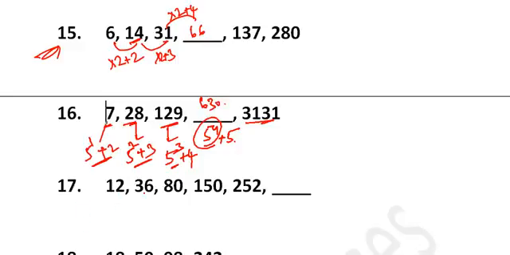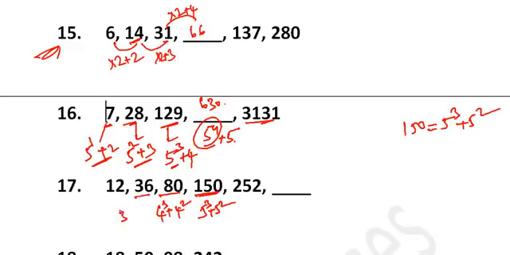It is like 12, 36, 80, 150, 252. So have you seen these kind of numbers ever? Like remember 150, blindly you remember some numbers, you can write it as 5 cube plus 5 square. So think in that way so that you may get the answer. 5 cube plus 5 square, and you think the same way, this is 4 cube plus 4 square. Yes, we are getting. This is 3 cube plus 3 square. Yes, we are getting. So this is 6 cube plus 6 square, and obviously our answer would be 7 cube